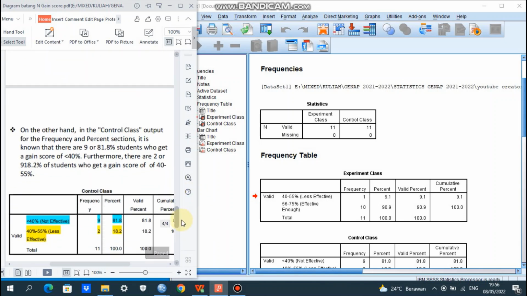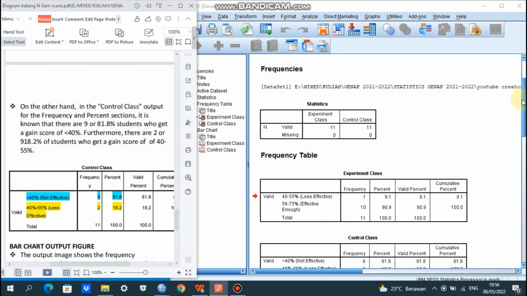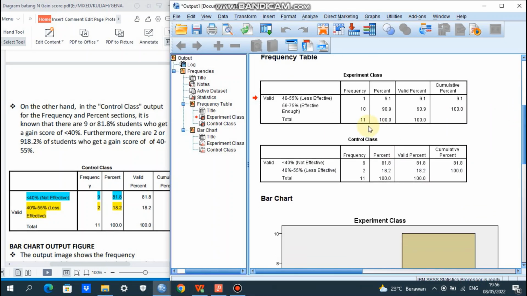The next, we go to the control class. We can see the output of SPSS here. In the control class, the frequency of students showing less than 40%, or categorized not effective, is 9, which means 9 participants. And the percentage here is 81.8%.